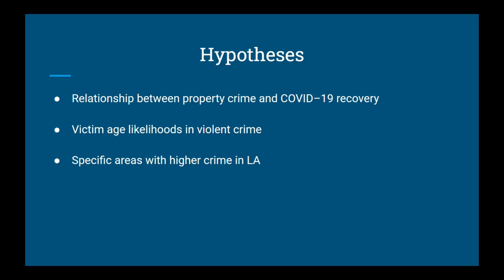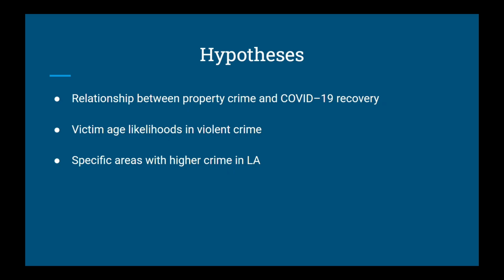And so my hypothesis is that during the recovery years, you'll see an increase in property crime. My hypothesis was centered around the fact that during lockdowns, when people were left inside, you couldn't get out. People weren't outside to do any activities or commit any crimes. But as the restrictions started easing up a little bit, crime could then rise again. So that's why I picked that as my first hypothesis.